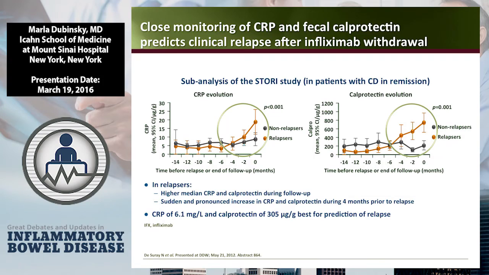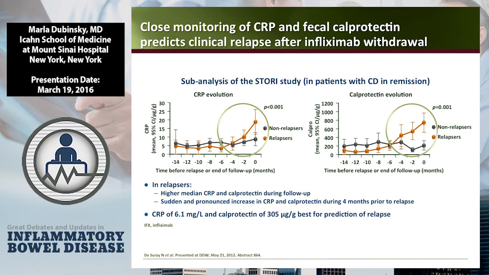The STORY trial is another French study where they took people off of infliximab after they were in a durable remission, or so-called durable response remission, for 6 months on combination therapy with thiopurines and infliximab. They showed that the calprotectin and the CRP were elevated up to 4 to 6 months before clinical flare. So this was another example that calprotectin is elevated before flare even happened.